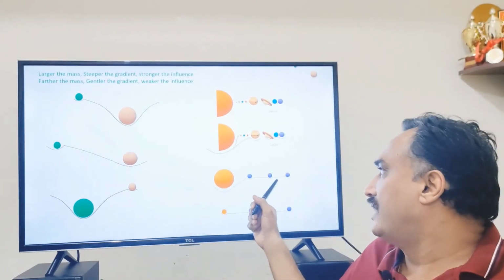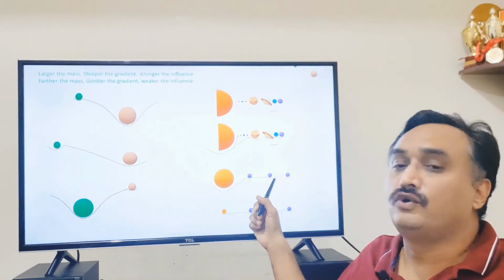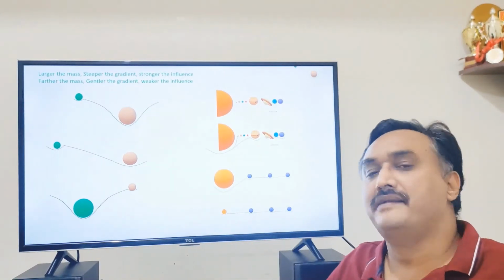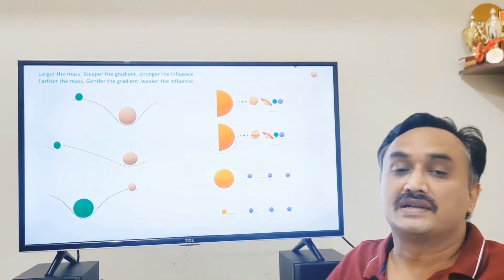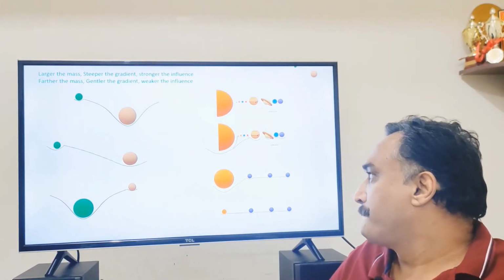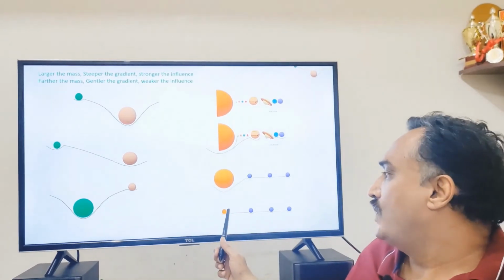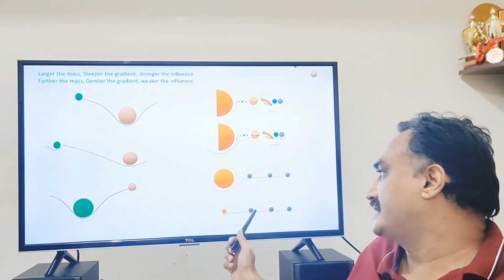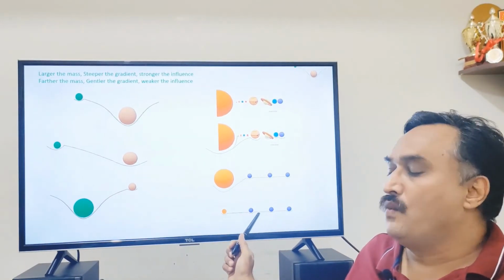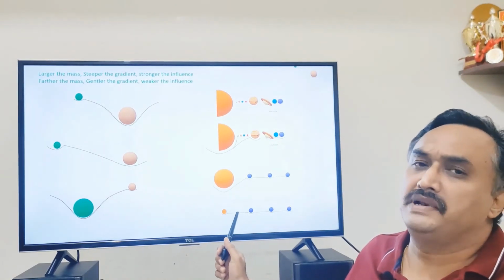You may say that the farther the mass, the gentler the gradient, we could always put them in one orbit or just have one mass. A solar system where there is only one planet, one massive mass. Now try and reduce the sun's mass. When it is reduced to the extent of the planet's mass, what would happen? The gradients would disappear completely.